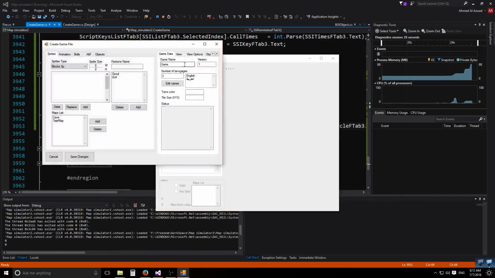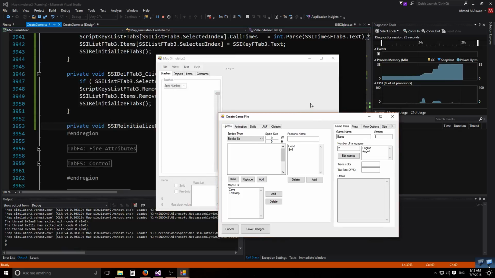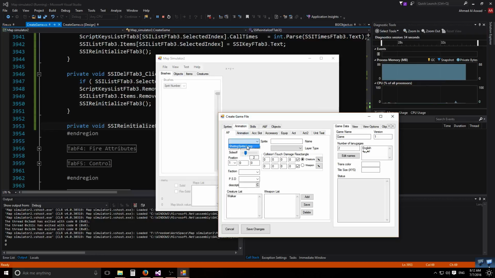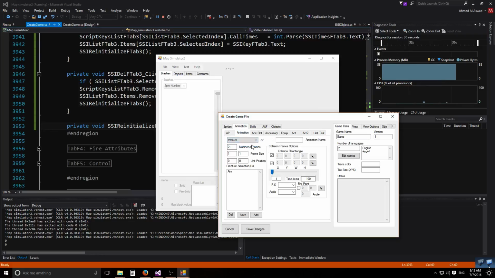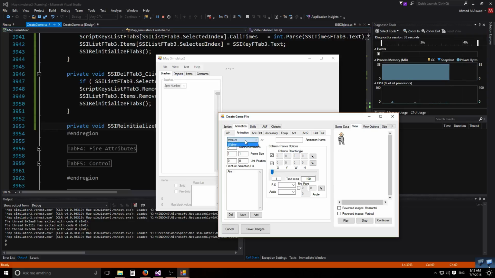It will be hard to describe how the system works to artists, but it's alright. So let's go to the animation and add Walker. Oh, there's a problem. The thing is,